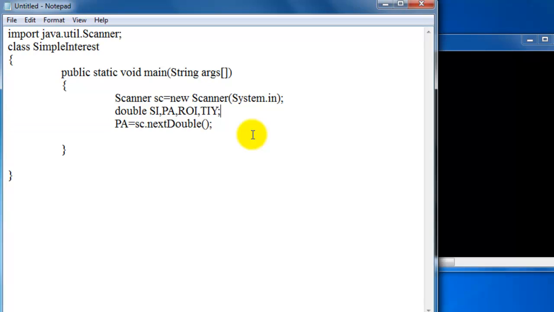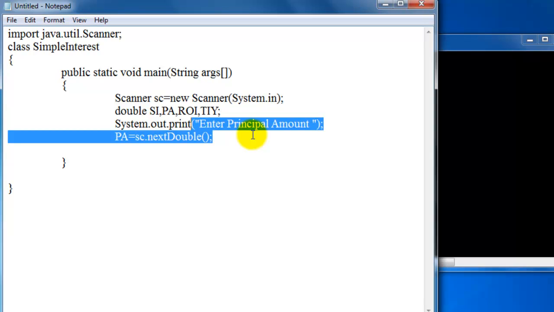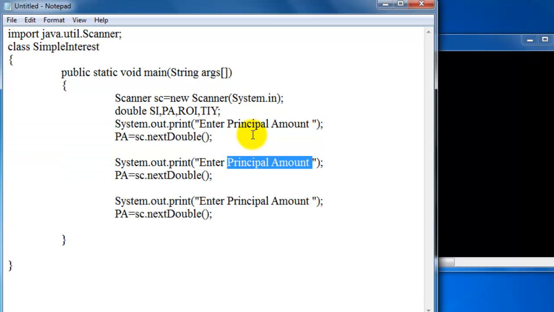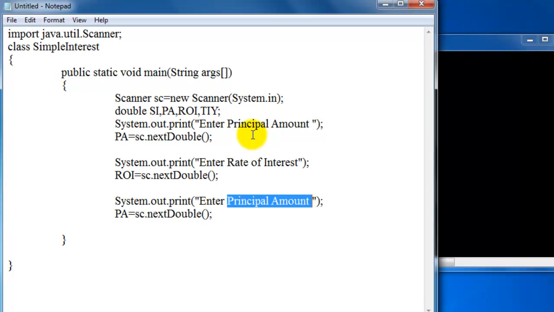Similarly we can write our message, print enter principal amount, and similarly for rate of interest, the variable for rate of interest is ROI, and for time in year.